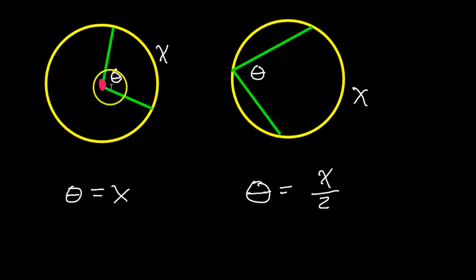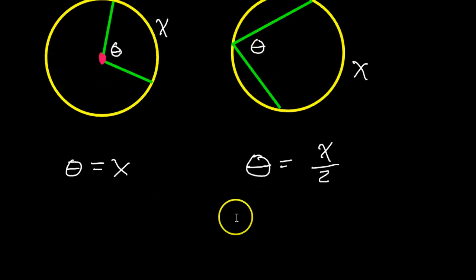central angle. And in that case, the angle and the arc measure are equal. I'm going to be using theta to represent the angles in all of these examples. So central angle, the angle equals the intercepted arc. When the vertex of the angle is on the circle like this, it's called an inscribed angle. And in that case, the angle is equal to half the arc, which obviously means that the arc is double